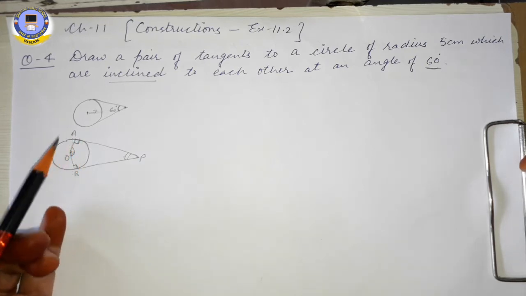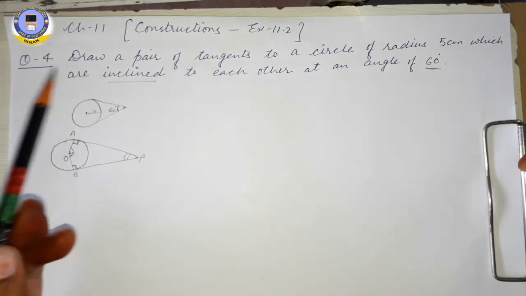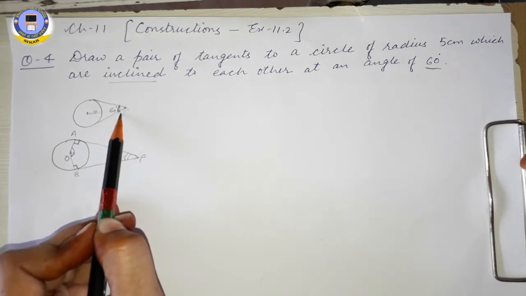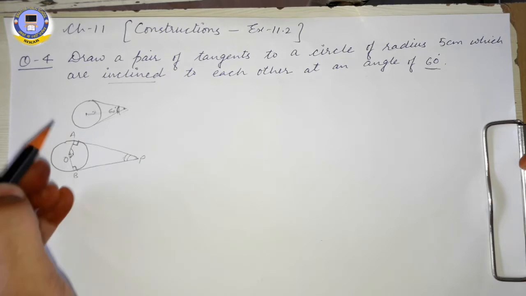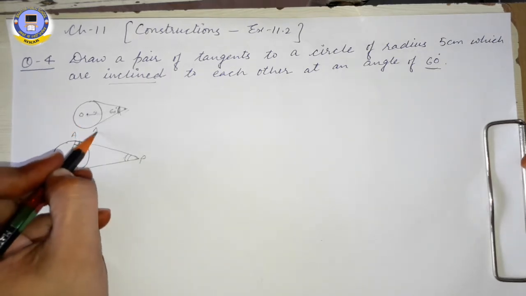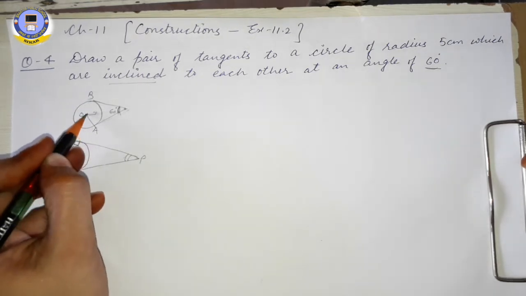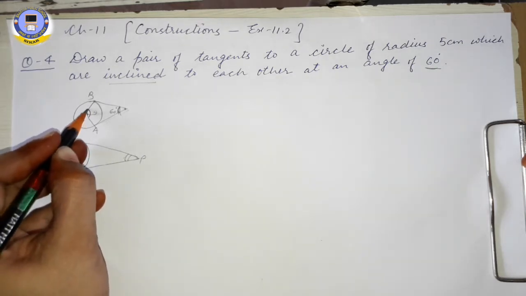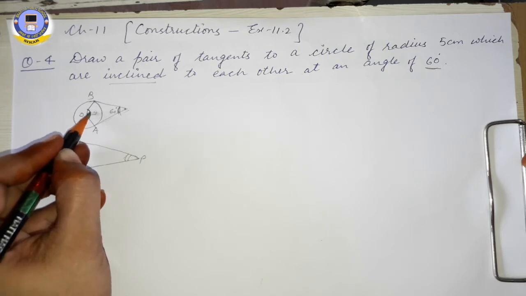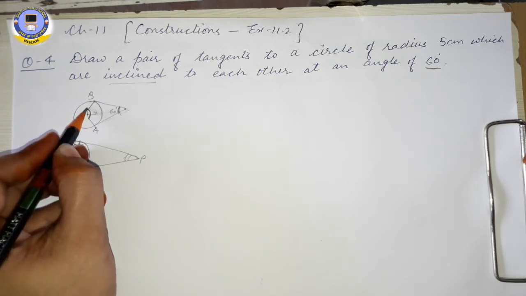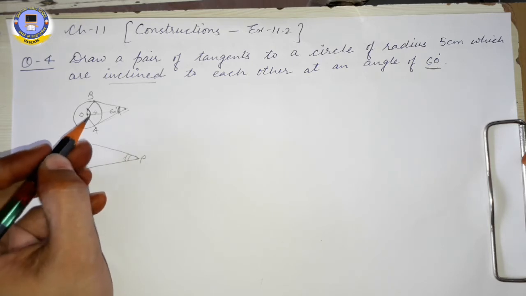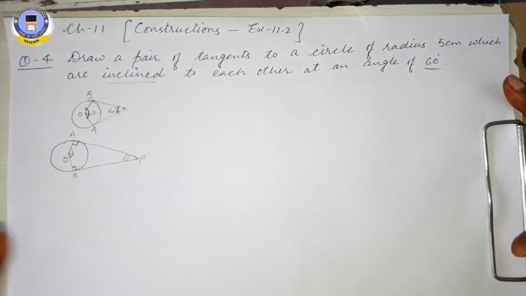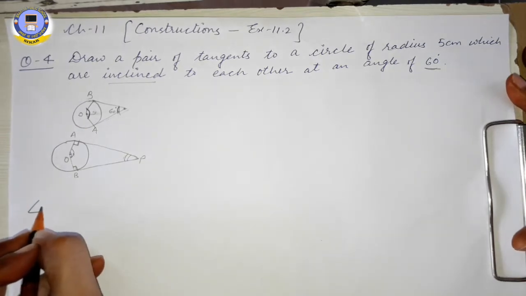Okay. So in this question, if it is given that both the tangents are inclined to each other at an angle of 60 degree, it means can't we find, if we join center O with points A and B, which angle will be formed here at the center? What will be the degree of this angle? So before construction our first concept is to determine angle AOB. So what we will do? We'll find first of all angle AOB.